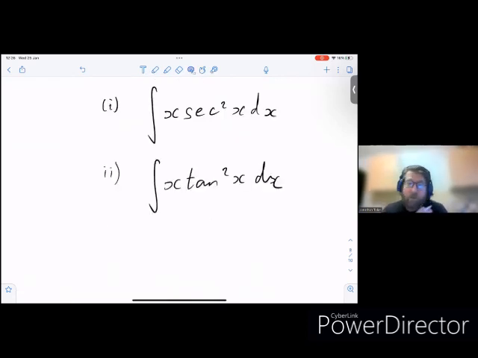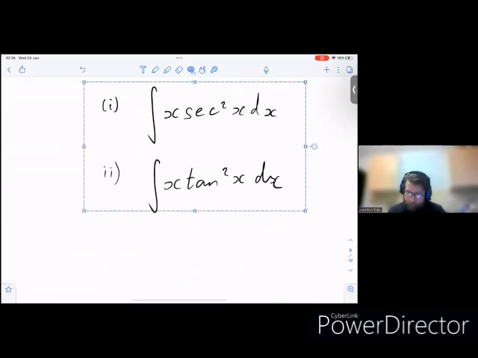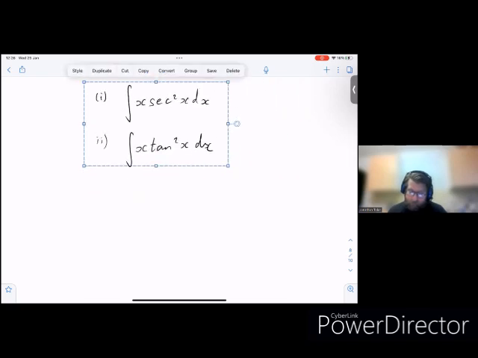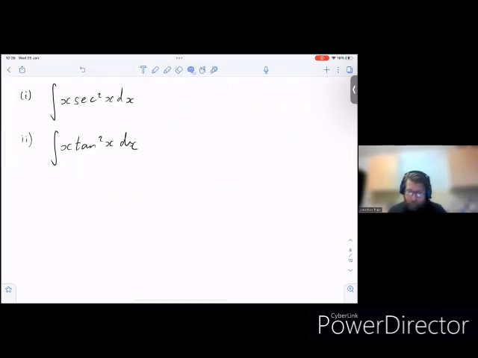Okay, we've got two integrals here which are related. So we're going to do part 1 and then use that to calculate the answer to part 2. Okay, so pause this and have a go. I'm just going to make them a bit smaller. Okay, so for part 1, we make